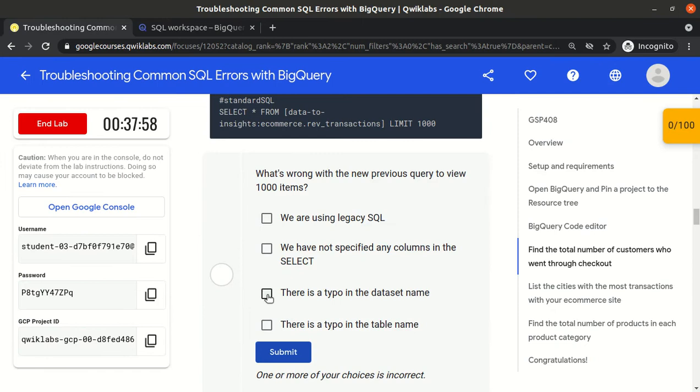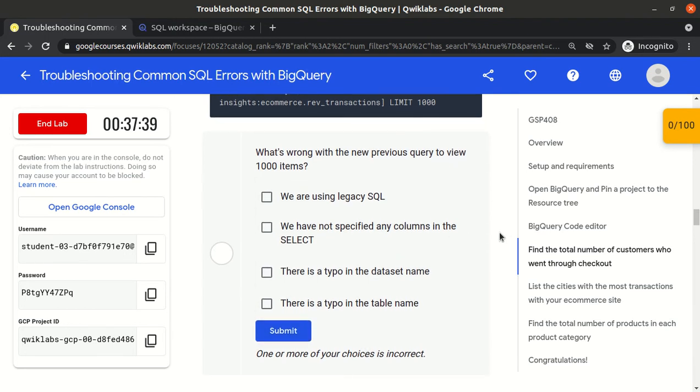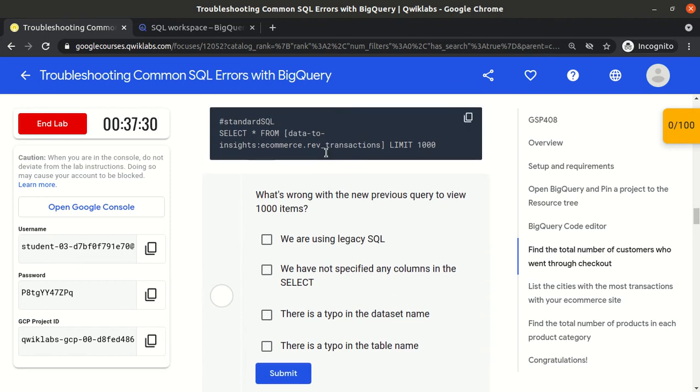Let me give a hit and trial. There is a typo in the data set name, and we have not specified. No. What is the correct answer? One or more of your choices is incorrect. What's wrong with the previous query?